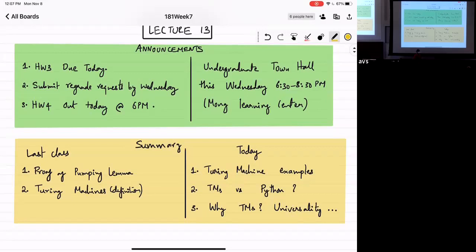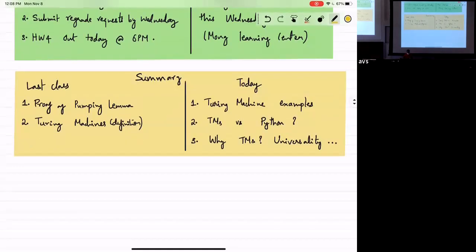And the other thing was the head, instead of just moving right in a DFA, can move left and right, backwards and forwards. And we also saw one simple example of a Turing machine, which just flipped the input. We computed the negation of the input as its output.